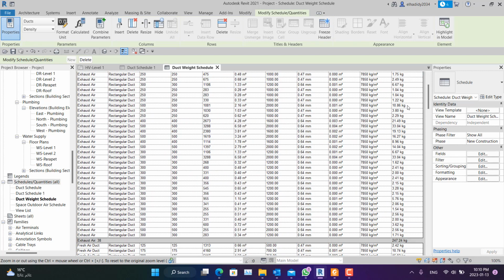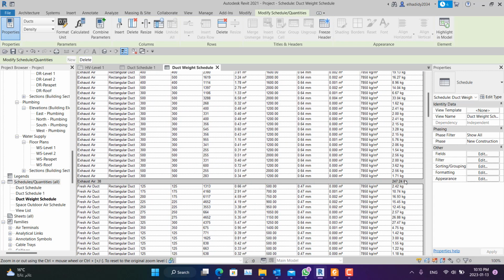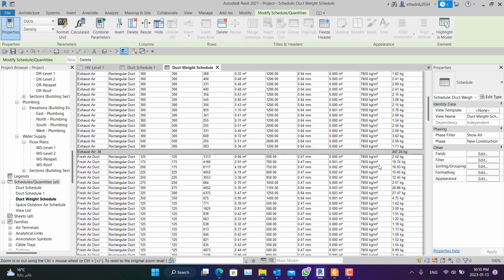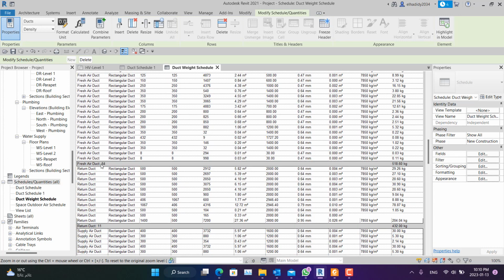You can see the total weight of exhaust air, and the number of them is 38. The total weight is 247, and for the fresh air duct, which is 64 items, you can see the weight is